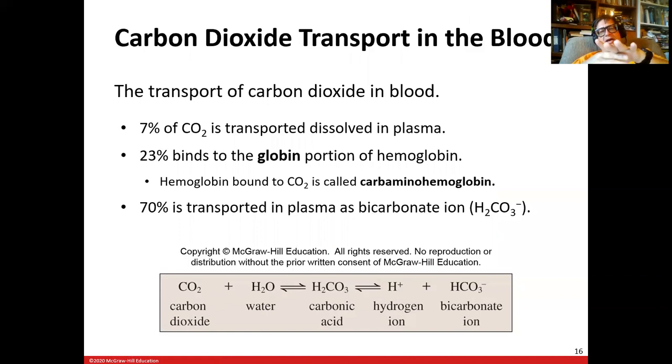Now, carbonic acid is a weak acid, and that means it's a reversible reaction. A strong acid just gives off its hydrogen, it's done. A weak acid, we can usually go back and forth either way as needed. And that's the key to how this forms a buffer, okay? If you look at that, you'll see that we can go both ways. We could take hydrogens out of a solution by combining them with bicarbonate and forming carbonic acid molecules. Or we could go the other way, and we could break down carbonic acid to release hydrogen ions to lower